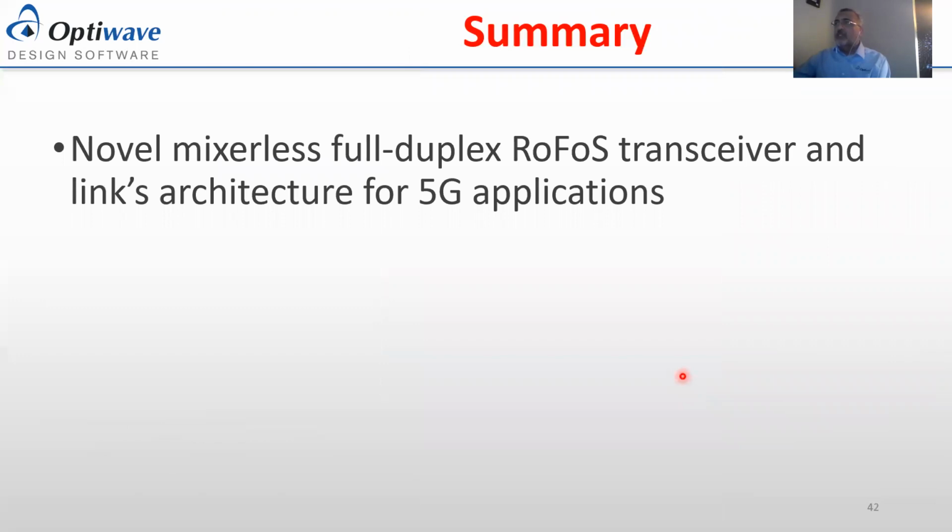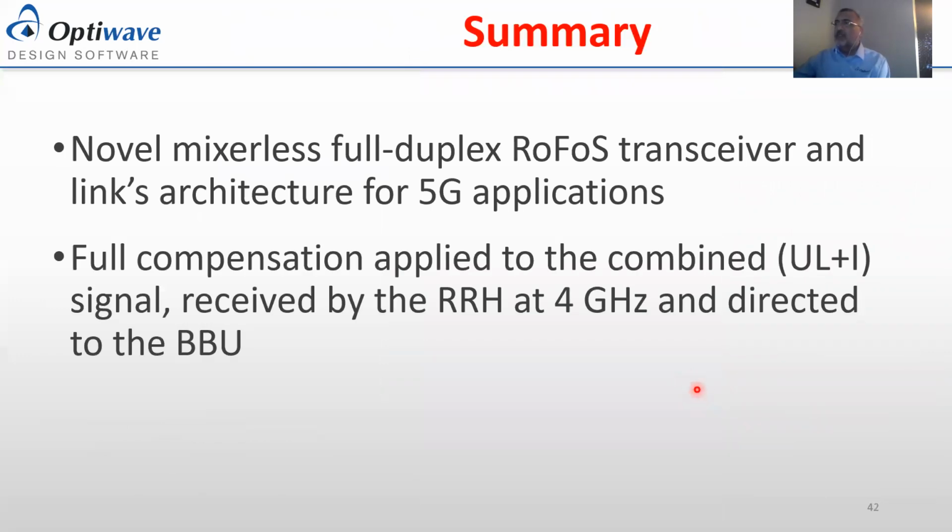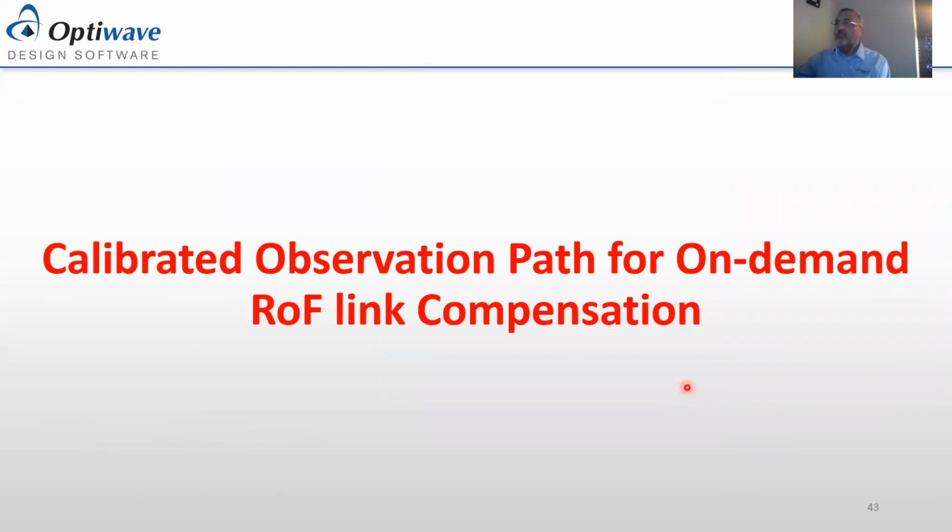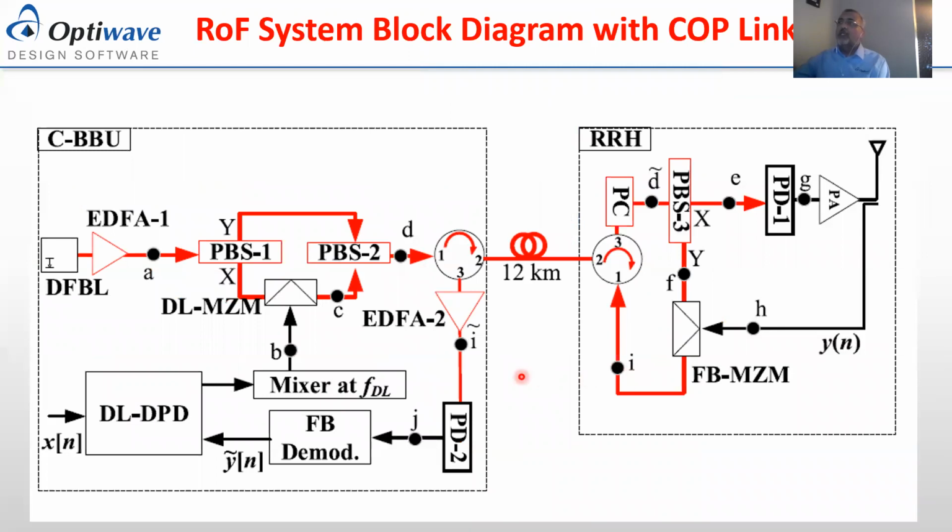Okay, now this is a summary of what's been done in this part. The next part is going to talk about the on-demand calibration process of the radio over fiber system. The process is done this way, using a similar scheme as before, with a single laser and the X and Y polarizations. The X polarization is typically used for carrying the data, and the Y polarization is used to carry a feedback signal, which is used for the calibration process. So this is the general system.